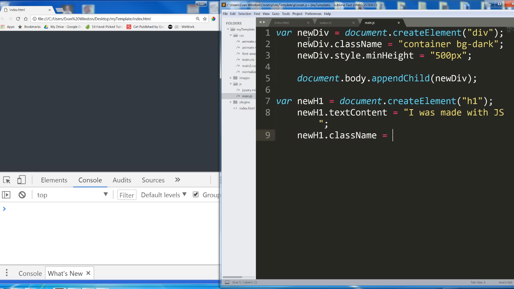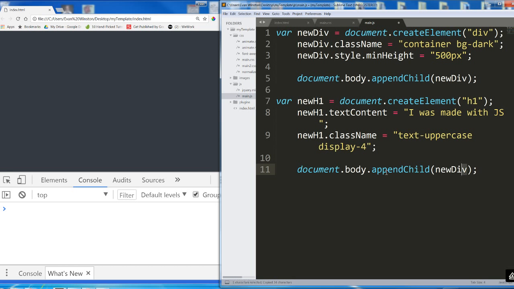Class name equals another Bootstrap class, text-uppercase and display-4. Two Bootstrap classes. Now we want to add newH1 to our document so we can see it. But we don't want to run the same exact code, document.body.appendChild(newH1), because if we do that,